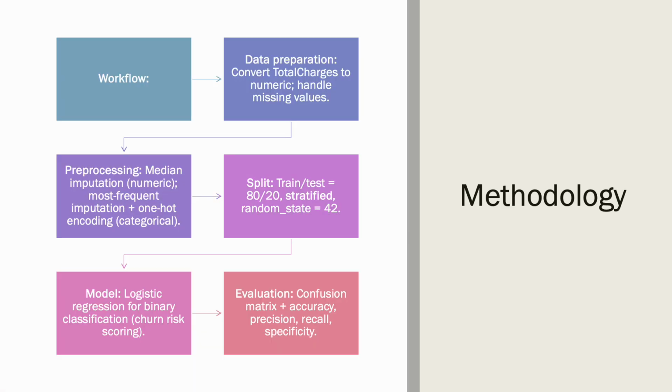The workflow has been split into 5 steps. First, the data is cleaned by converting total charges to a numeric format and handling missing values. Then preprocessing is applied: median imputation for numeric fields, and most frequent imputation plus one-hot encoding for categorical fields. A train-test split of 80% for training and 20% for testing is then used, with random state equal to 42 for reproducibility. Finally, a logistic regression model is trained and evaluated using a confusion matrix and key metrics such as accuracy, precision, recall, and